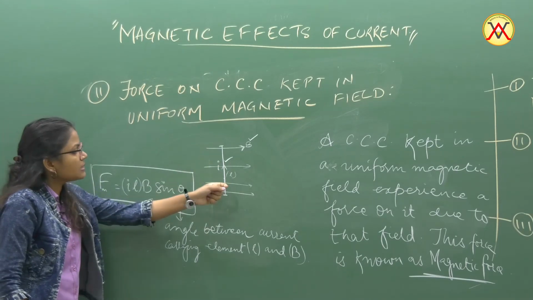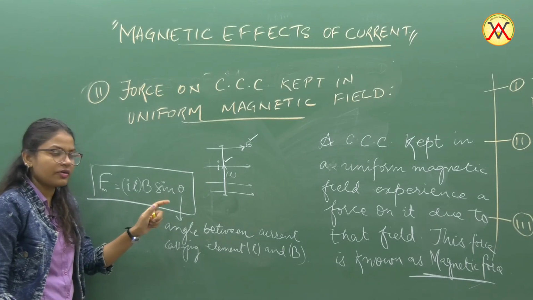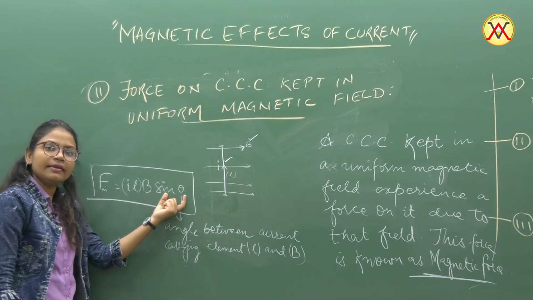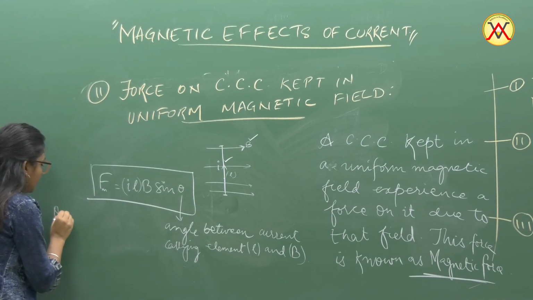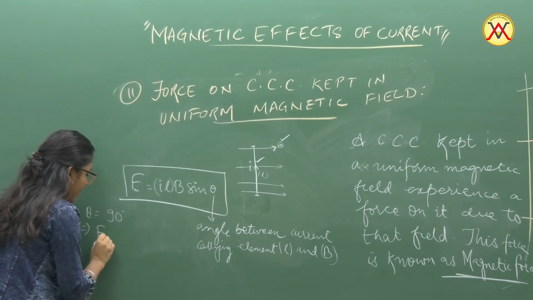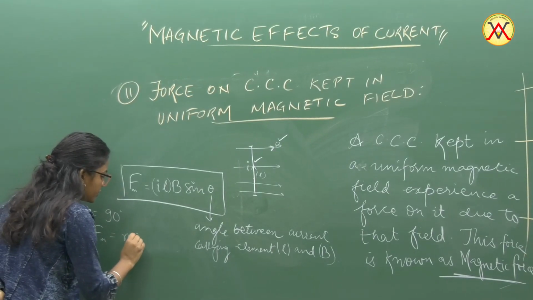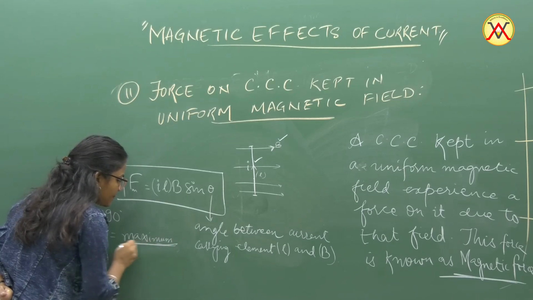Now, in this case, the angle between L and B is 90 degrees. We already know sin 90 degrees is 1. So, when theta is equal to 90 degrees, we have our magnetic force applied on the conductor to its maximum